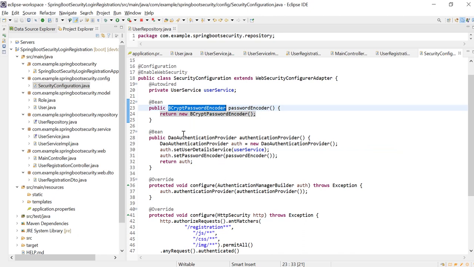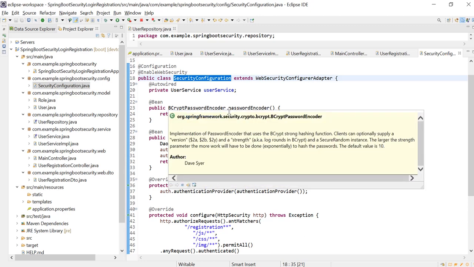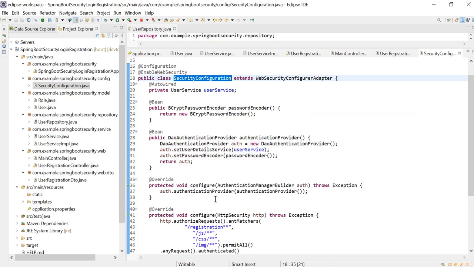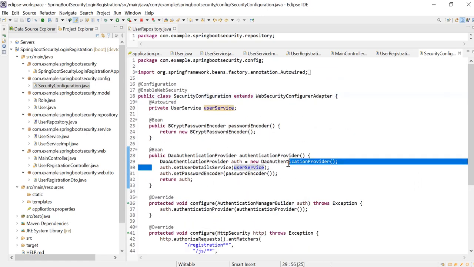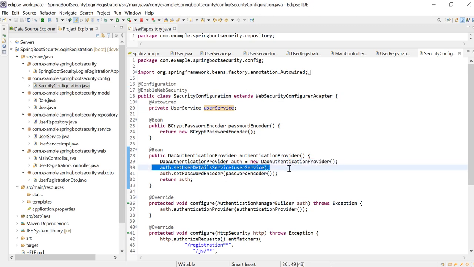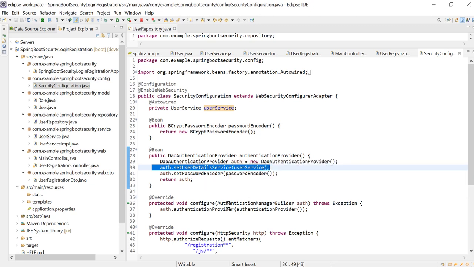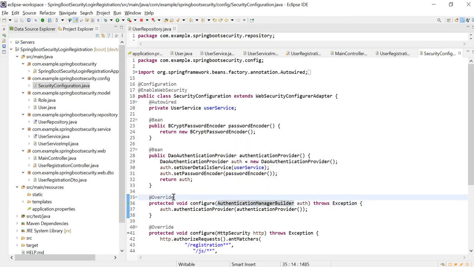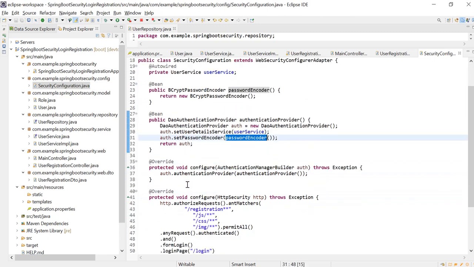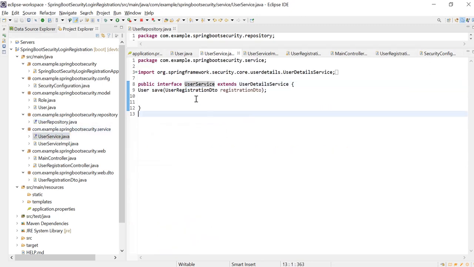To use this security configuration, we have to follow three steps. First, we are injecting our implementation of the UserDetailsService. Here I'm injecting my user details service, and we are defining an authentication provider that references our details service. Here, in the authentication manager builder, we have to enable the password encoder. I'm going to enable this password encoder, which is defined earlier in the user service.